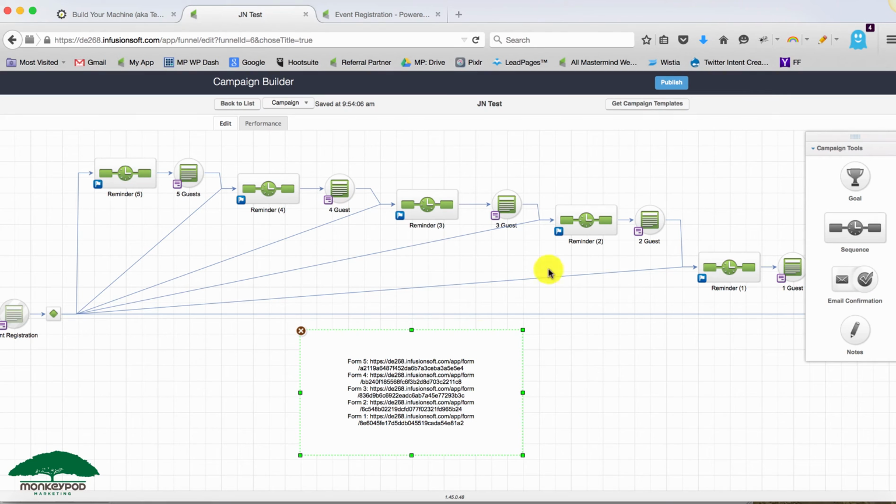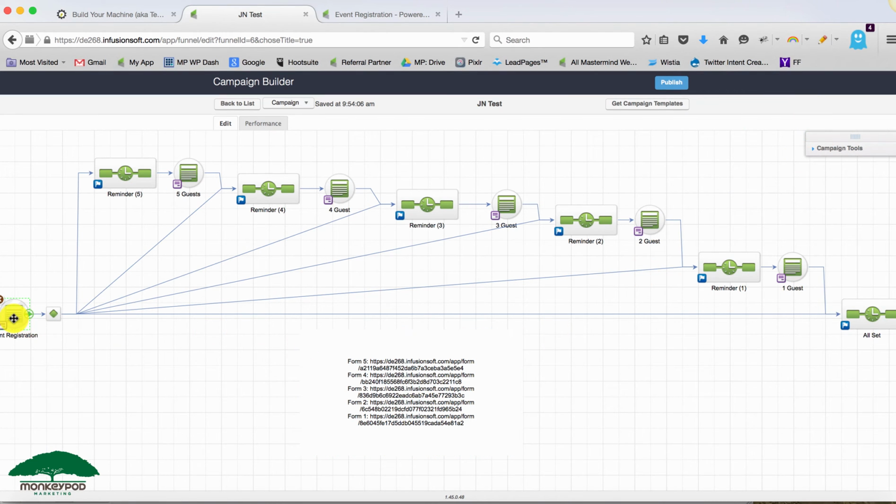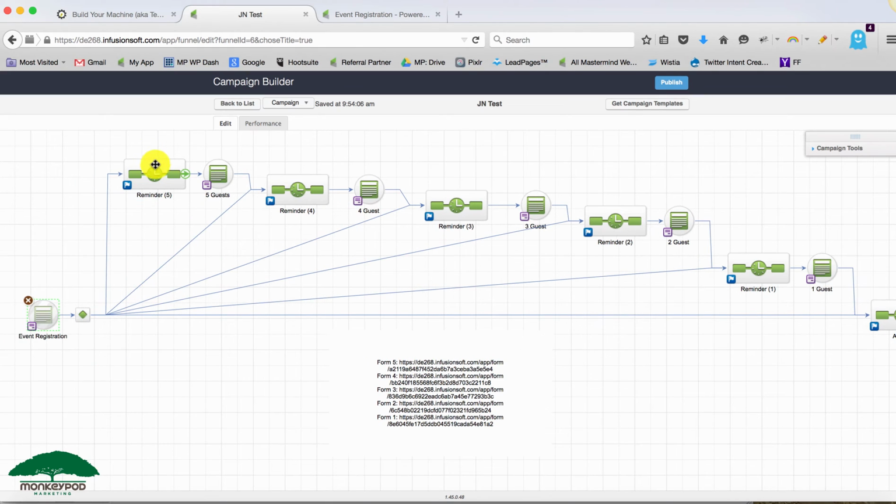So that I could add all the different form URLs, because I needed them not only for the variable redirect up front, but I also needed them for each individual email to prompt them to go back to the right web form, and then I needed them for the thank you page to link 5 to 4 to 3 to 2 to 1. So it's not overly complex. It should be a fairly streamlined process. If they say I'm bringing 4 guests, they jump in and go 4, 3, 2, 1, and then it says